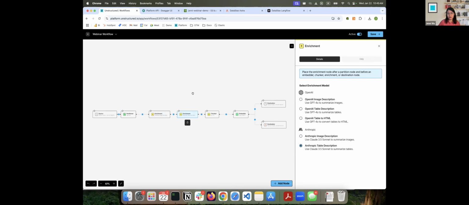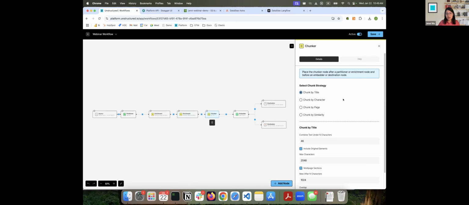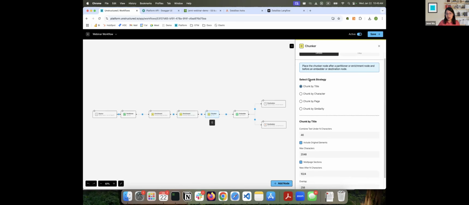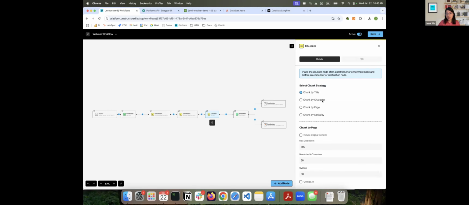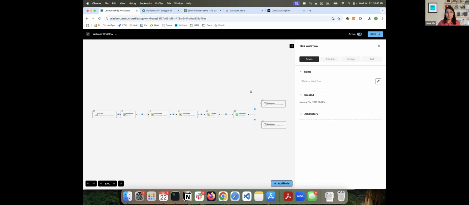And if you didn't want the enrichment, you just wanted the text, that's fine too. And then inside the chunking strategy, you want to select the right one. So if you chunked by page, then the table would be broken up by the pages. But if you chunked it by title, there's a higher likelihood that the chunking strategy would recognize that these tables are part of the same title and then just stitch those things back together. And then from there, you would go into the embedding strategy.